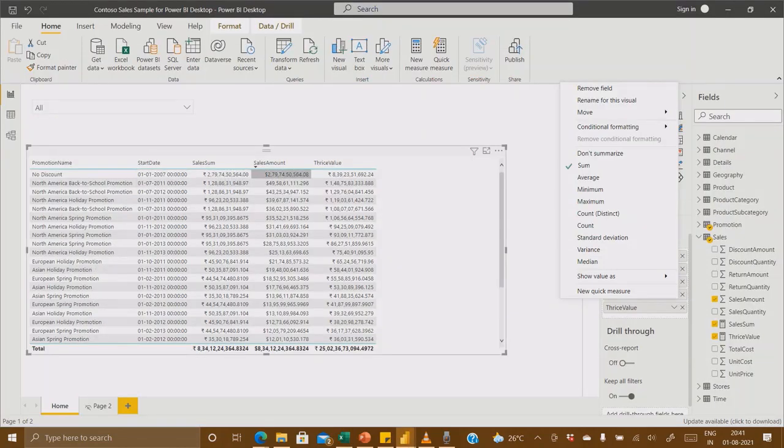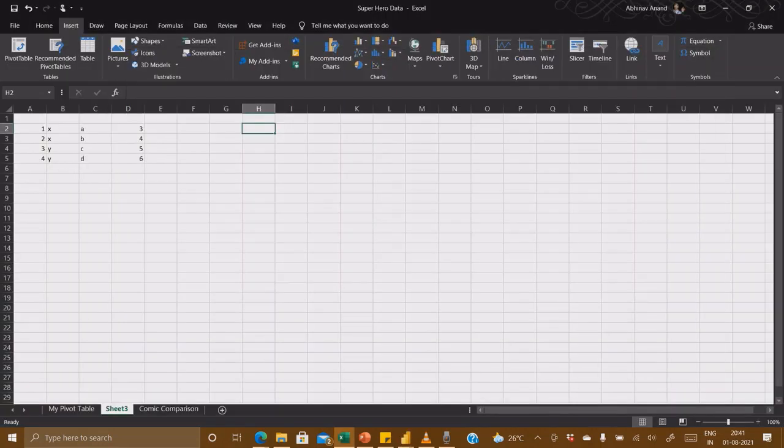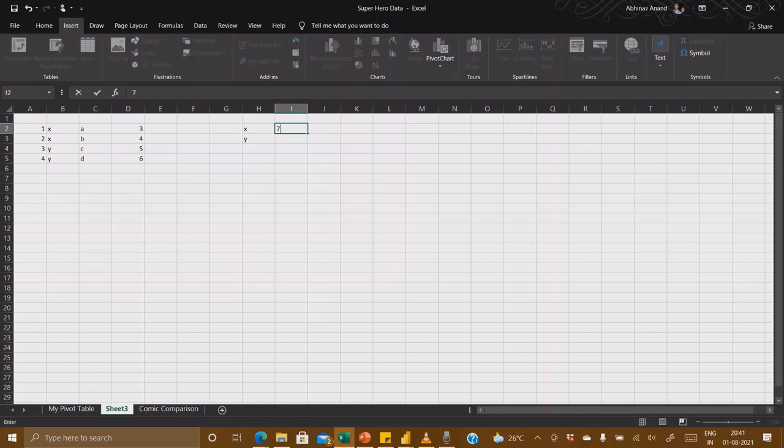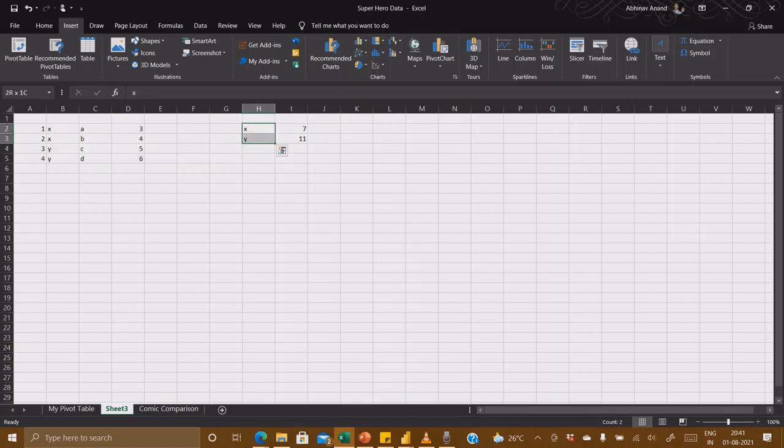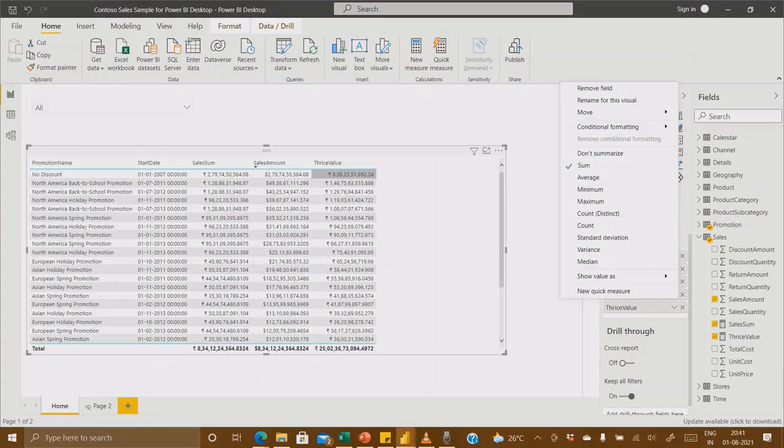So what this measure, the sales amount, is indirectly doing in this view is taking only x and y, because it takes unique, distinct values. Now it will sum up all the x: 3 plus 4, basically 7, and 5 plus 6, 11. So this is what a normal column performs if we bring it into a visual in Power BI.